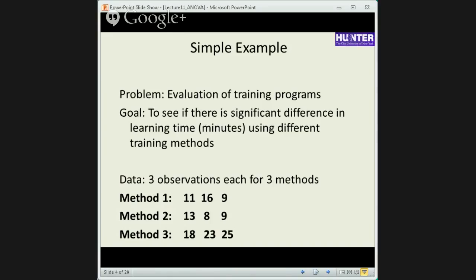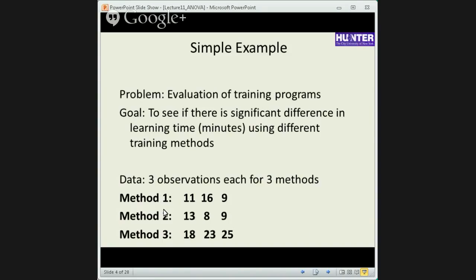Just start with a very simple toy example here, and one that you could work out yourself if you want to, using a calculator even. Here's a made-up example of 3 training programs. Say these are training programs for seeing how fast you can run some length of distance, and then after putting 3 subjects each through each of these 3 training programs, we measure their times. So this would be